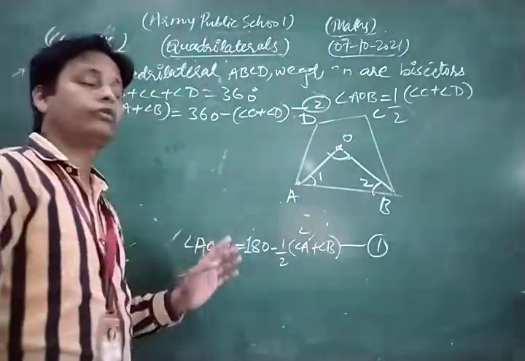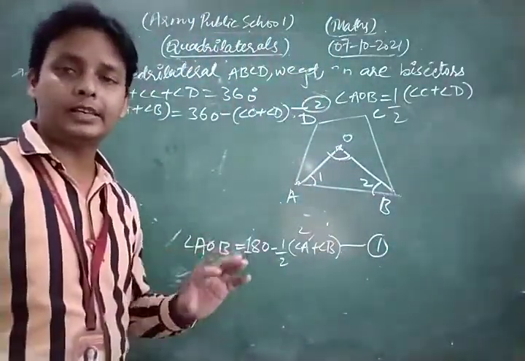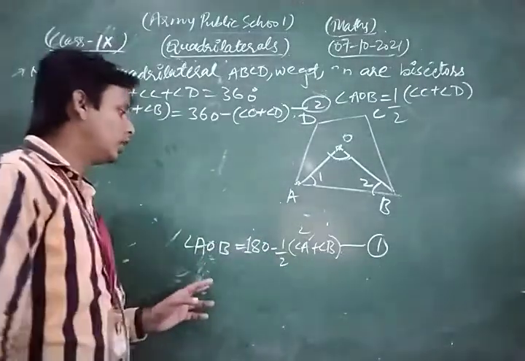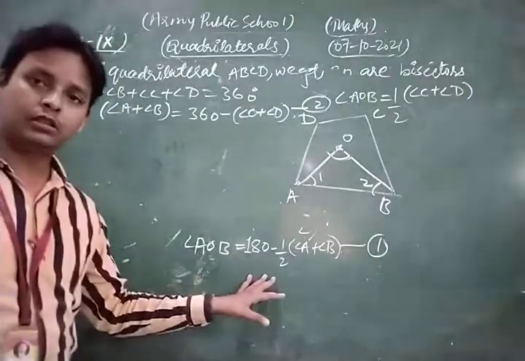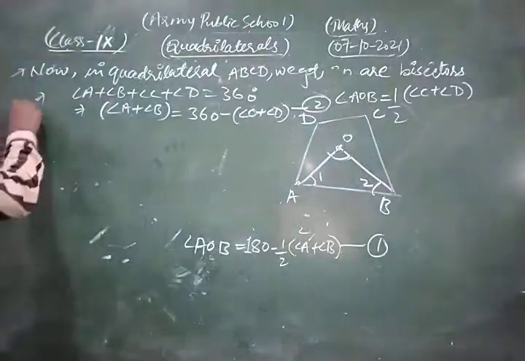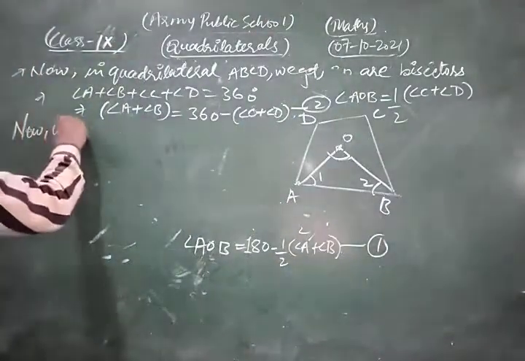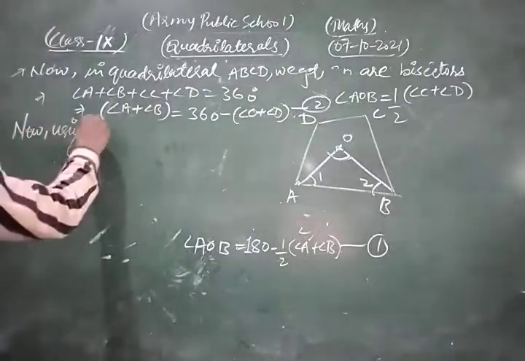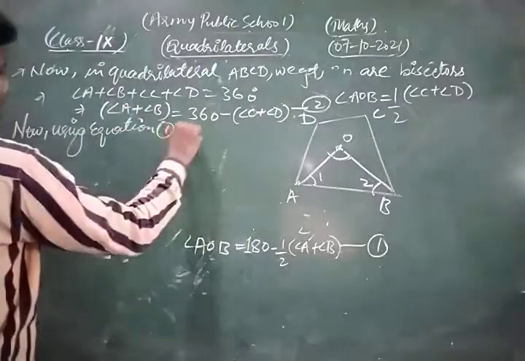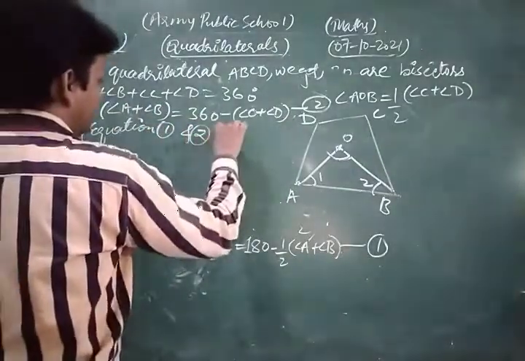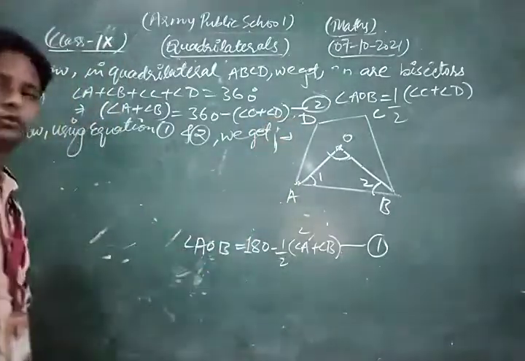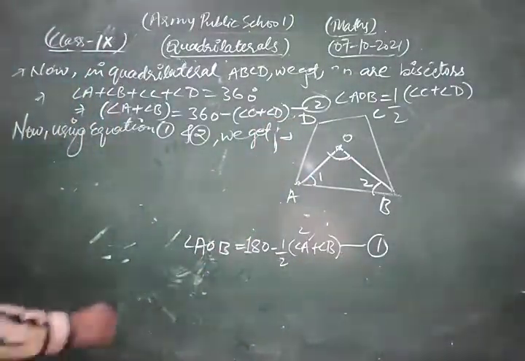we find the value of angle A plus B in terms of angle C and angle D. Now, angle AOB is equal to this. Now using equation 1 and 2 we get,